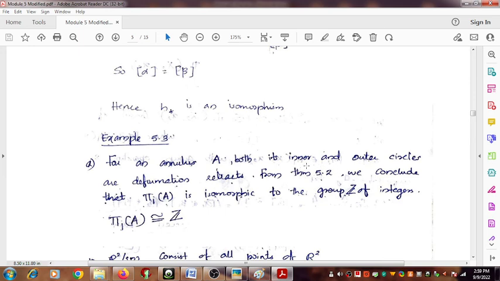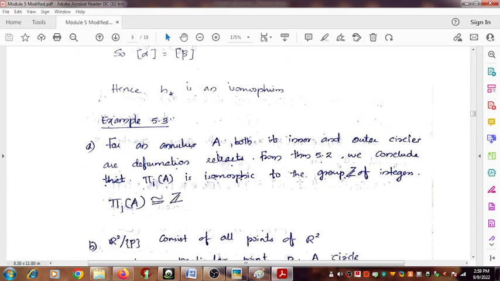Now applying the discussions of theorem 5.2, because these are deformation retracts of the annulus, pi 1 of A, the fundamental group of the annulus A, will be isomorphic